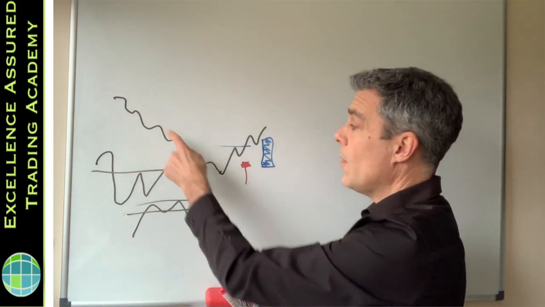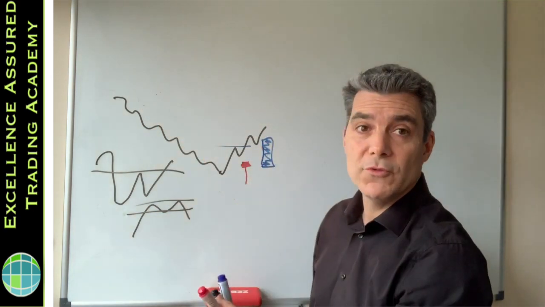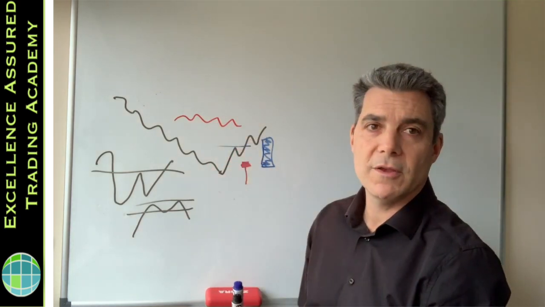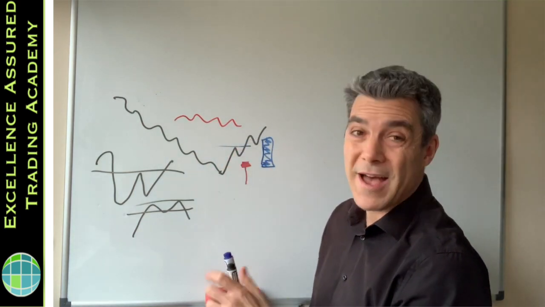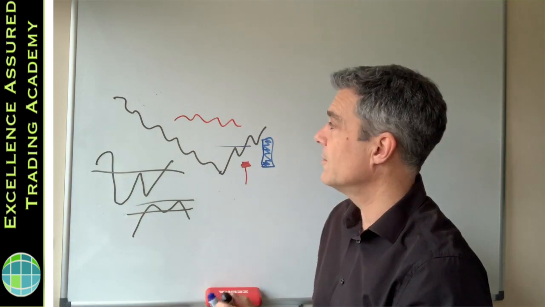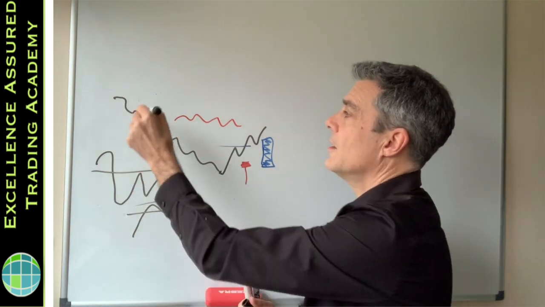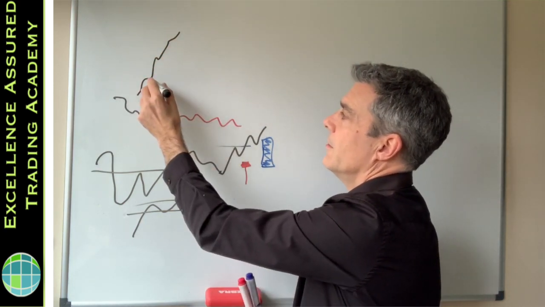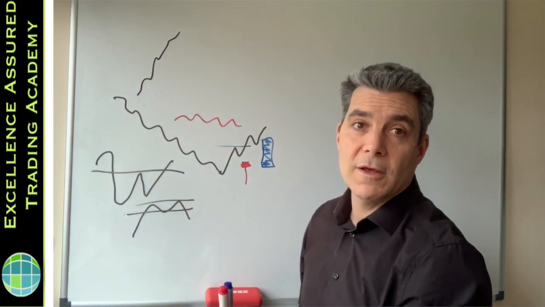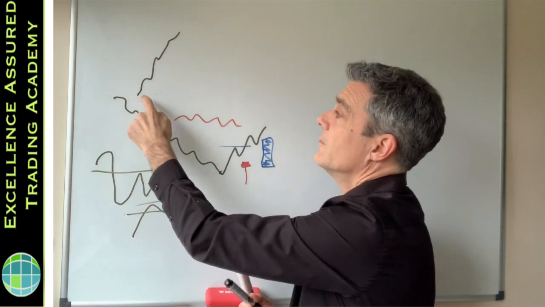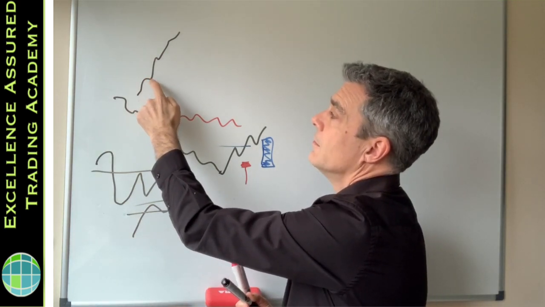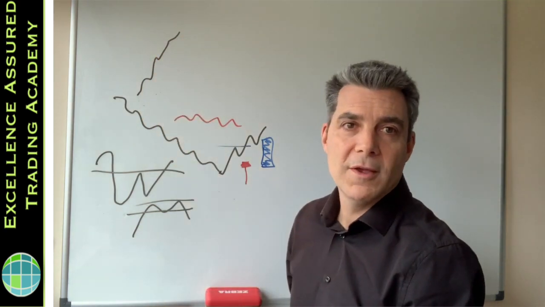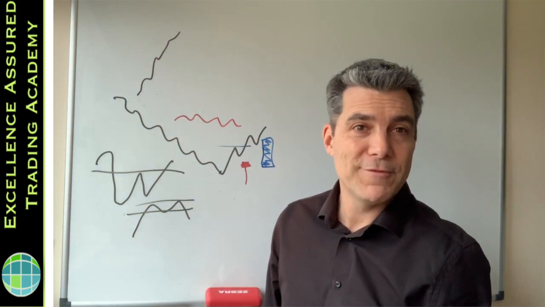You don't always have downtrends, you don't always have uptrends. Sometimes you have basic trading ranges where the market's not doing anything, but that's when you need to look at the long term, because if the market is going up over the long term, then a period like that is likely to be followed by another initiative move. It's initiative move, pause, initiative move, pause, initiative move, pause. That's how markets work.